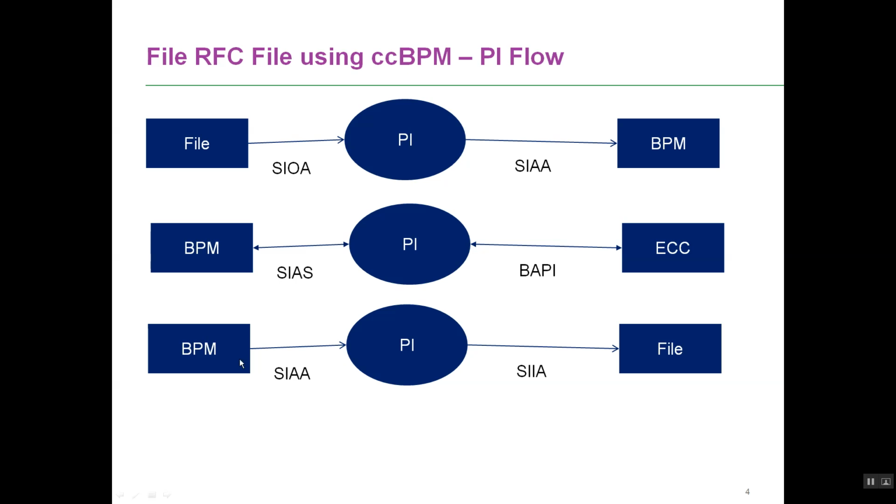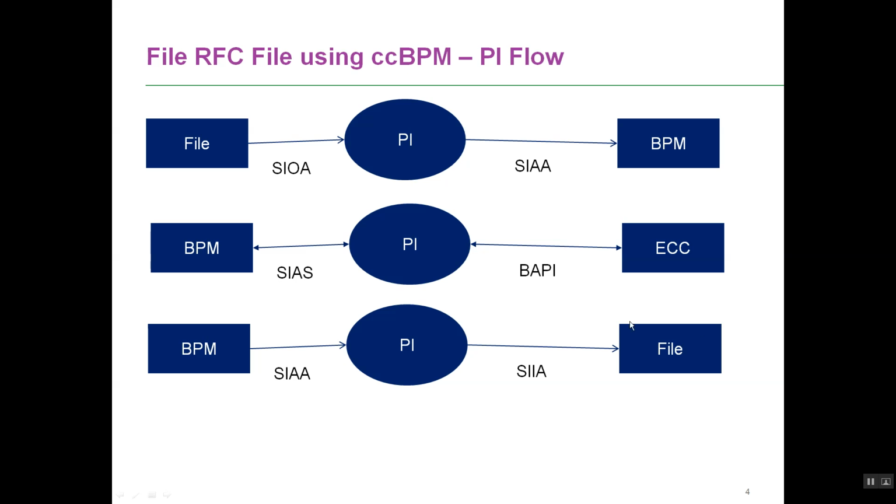Now the BPM needs to send the response back to a file, right? So now what the BPM is going to do, it's going to use again an abstract. See, everywhere with the BPM, all the interfaces are always abstract. And now A here stands for asynchronous because you're going to push the request out of BPM to a file